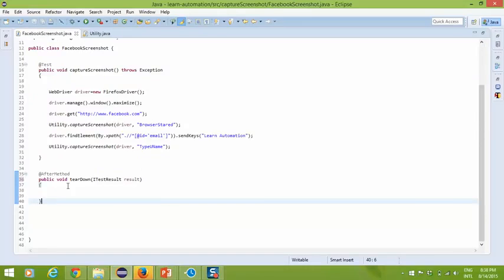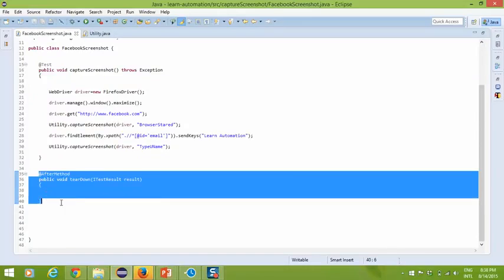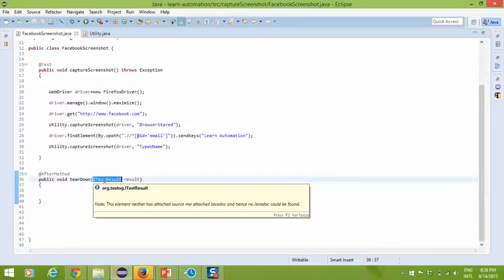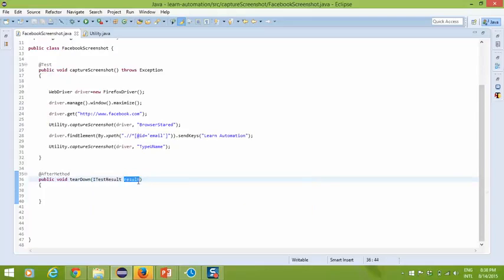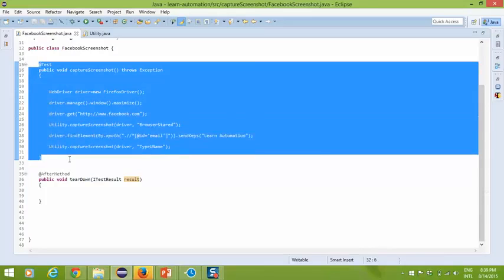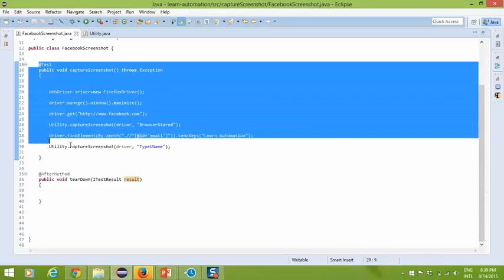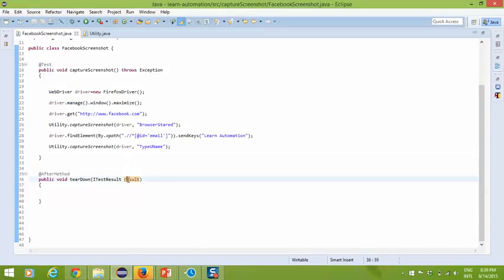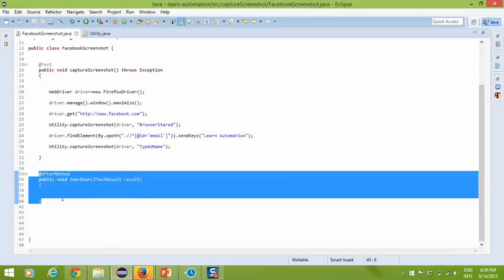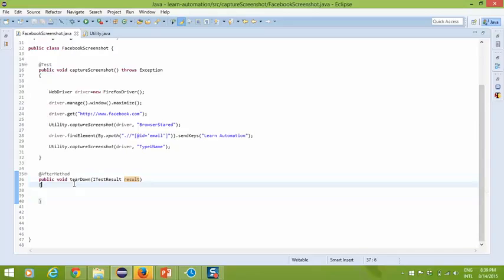That's all, so we have one @AfterMethod ready, and we have one ITestResult object called result. This result will keep all the information about the test case which we are executing. In this example, I have only one test case, captureScreenshot, so all the information about this test case will be captured in this result object. If you have multiple test cases, like 5 or 10, the same method will be applicable, so don't worry, use the same approach.